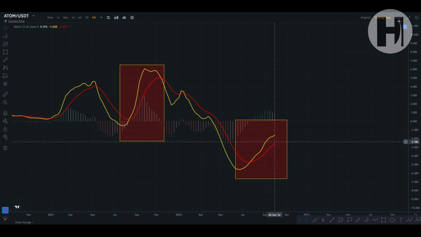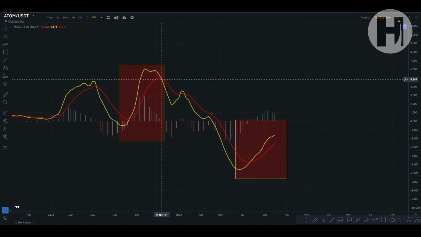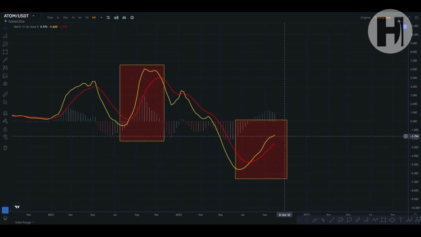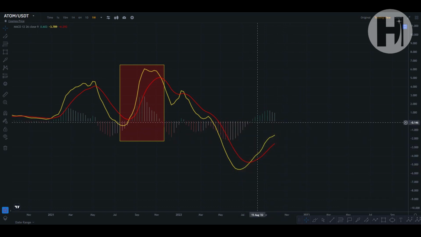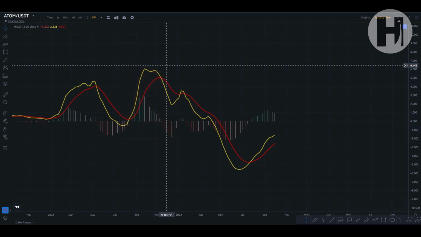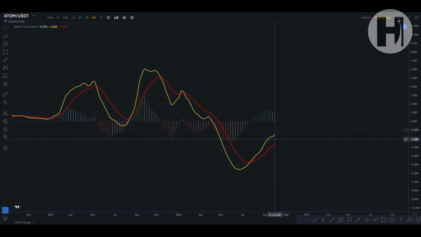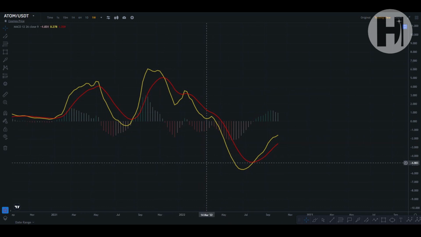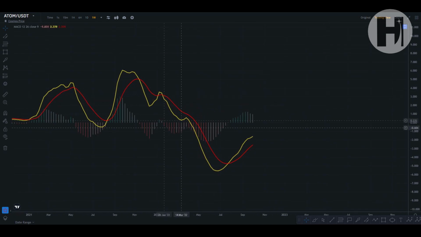And right now you're already in October, and you may peak out in November, and that's when you can take some profits, because it's a very, very similar picture. Then you had your bearish cross in November, and we can have our bearish cross in November here just after the FOMC meeting. But keep in mind, this is a lagging indicator. So the price is going to do something first, and then the MACD will react later. So look at this as a confirmation indicator, and look for what it's done in the past to see what it may do in the future.